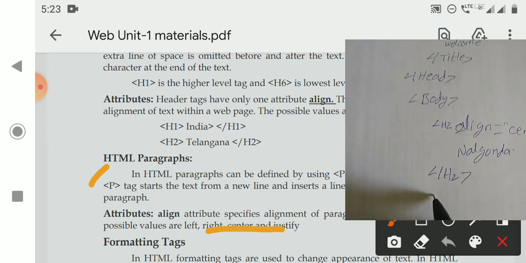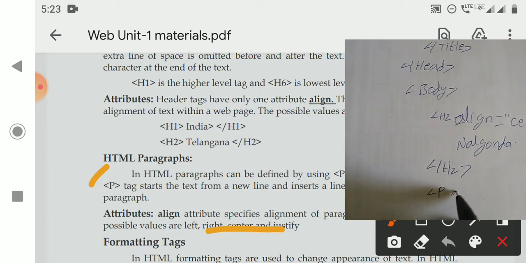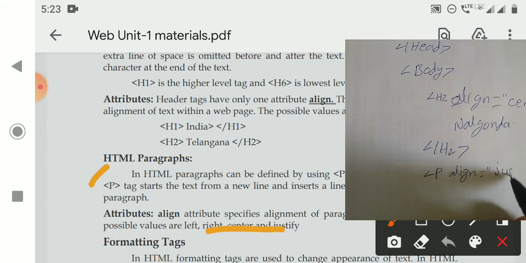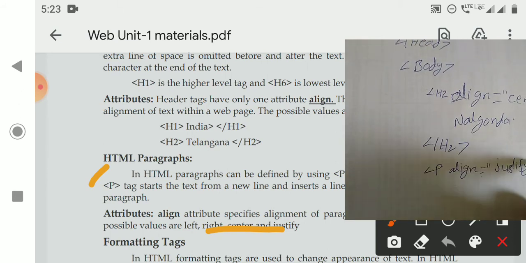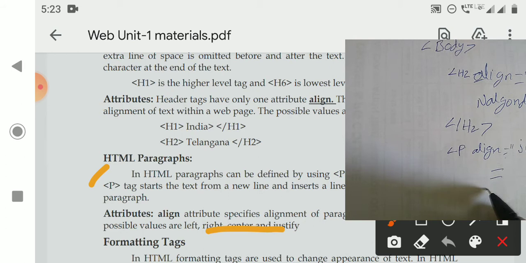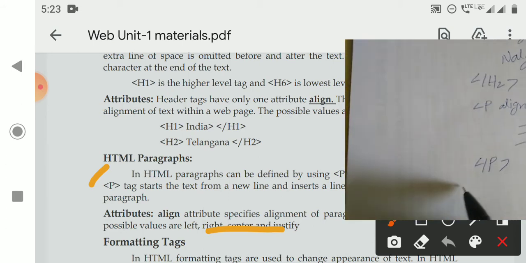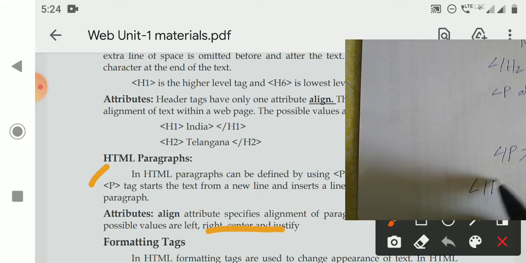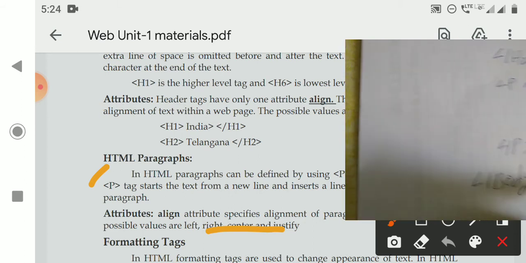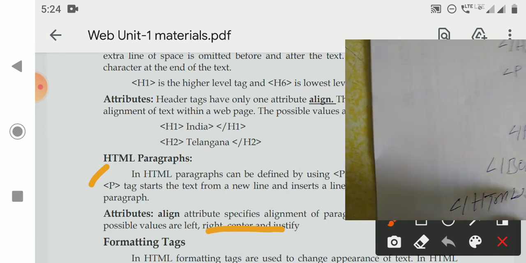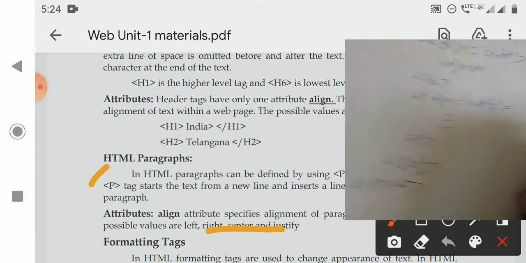Now I am defining a paragraph tag. Align is equal to justify. Then give the paragraph, some information about Nalgonda, and close the p tag, close the body tag and close the HTML tag. So this is a sample HTML program.